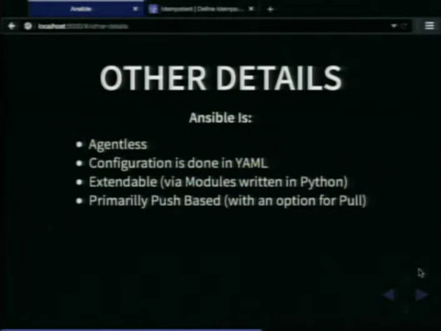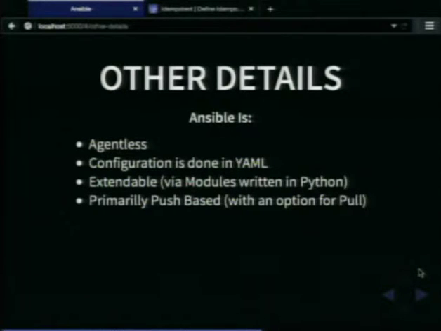Ansible is also extendable. If you really want to dive down deep, or if you get into a situation where at your workplace you need a specific module that hasn't been written yet, you can write your own. They're Python. It's not too hard to do, and you can get done what you need to and move on.